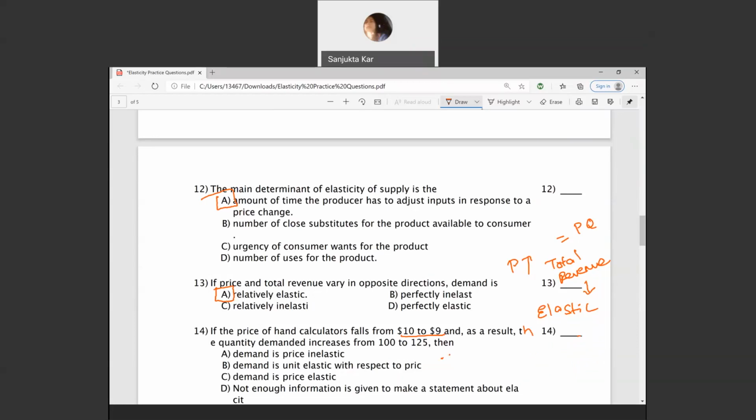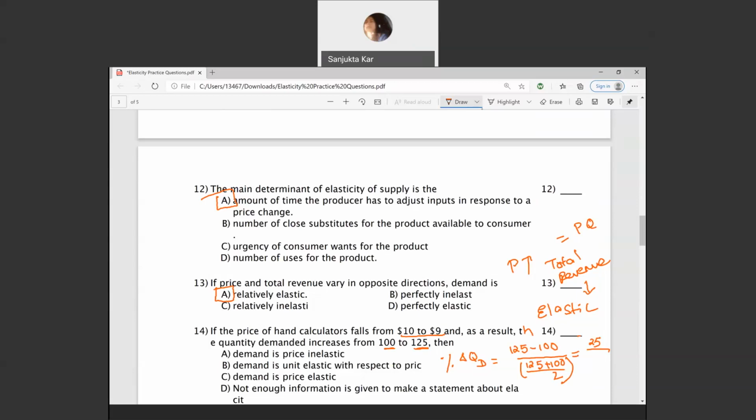So the percentage change in quantity demanded is going to be 125 minus 100, the new quantity minus the old quantity, over 125 plus 100 divided by 2. Let me do the calculation here really quickly, because on the numerator I have 25, denominator I have 100